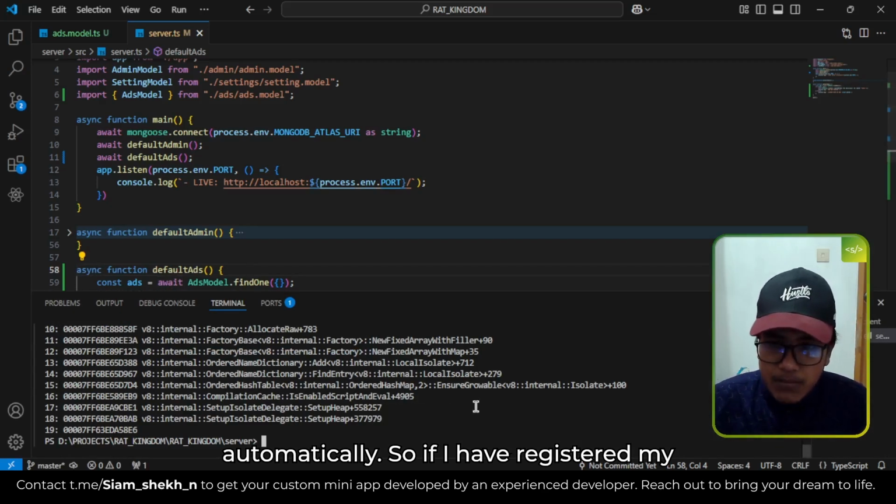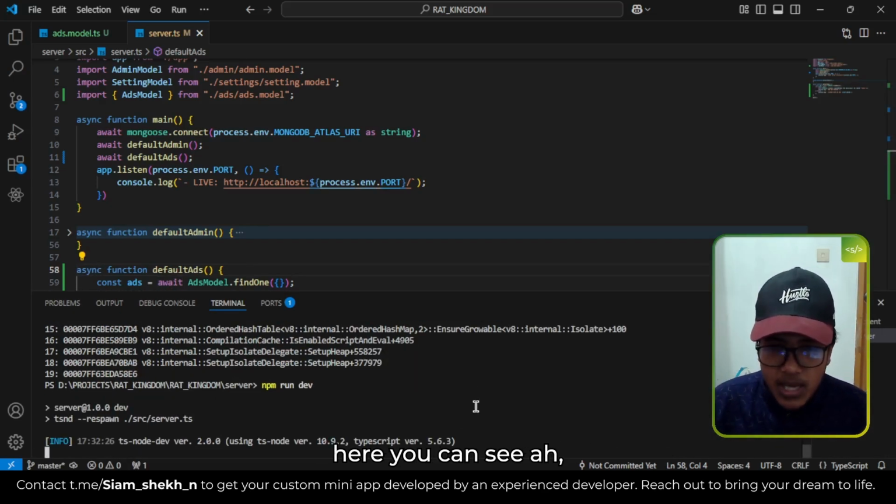So if I start my server with npm run dev, and here you can see